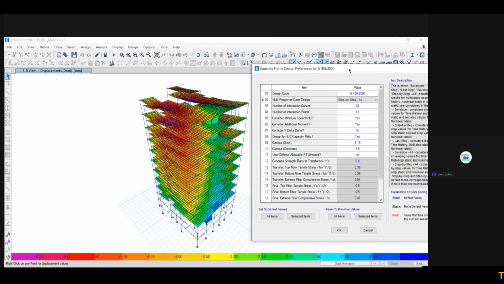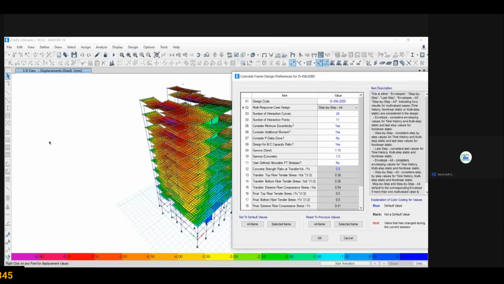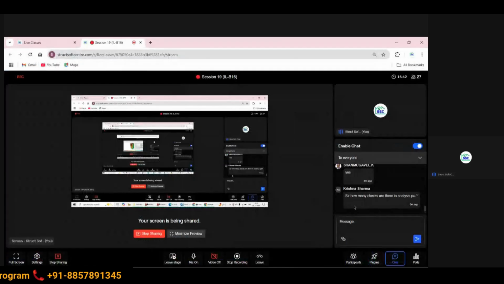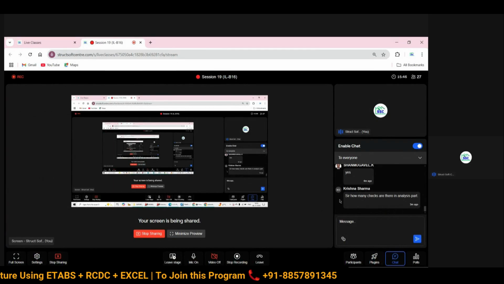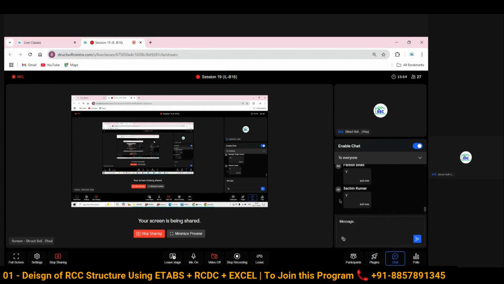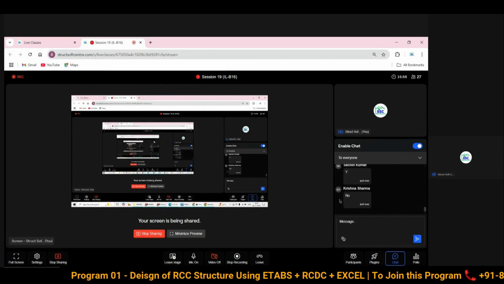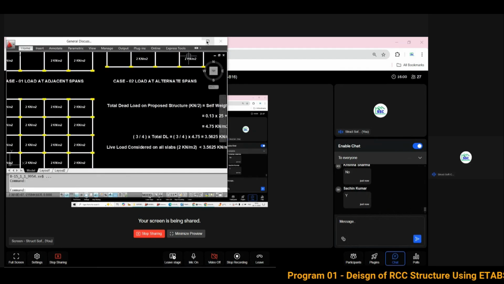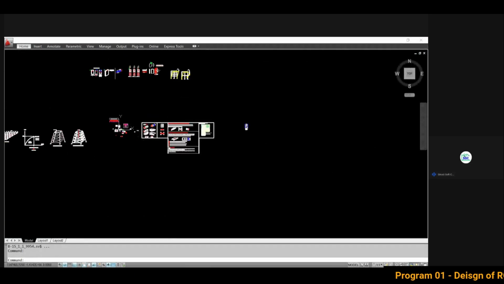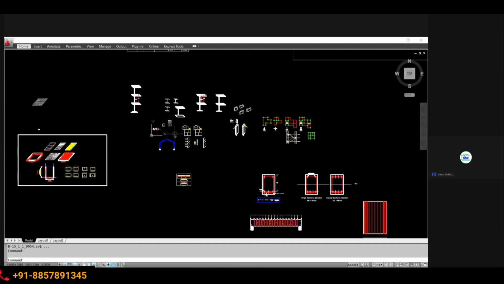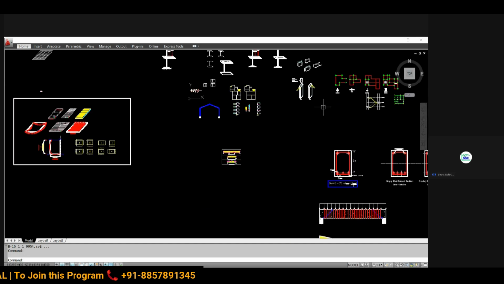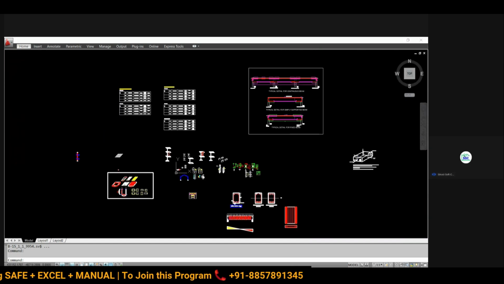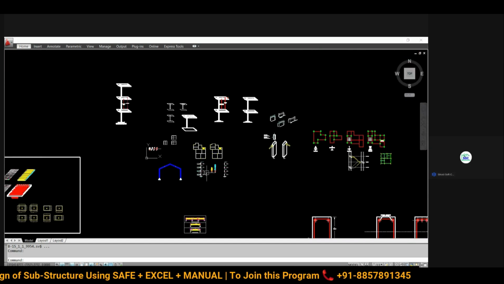You might have heard about the interaction curves. How many of you have heard about these interaction curves? Okay, you haven't heard about them. Let's try to understand what is meant by the interaction curve. But before that, we have to discuss another thing: the types of columns based on the action of loading with respect to the CG of your column, the centroidal axis of your column.